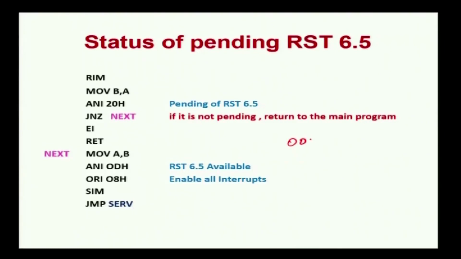So, the value is 0 0 1 0 0 0, which we have received after executing the RIM instruction. After executing the RIM instruction, we have the value 0 0 1 0 0, which is not 0. So, we switch over here. Now the value is moved to the accumulator, the value 0 0